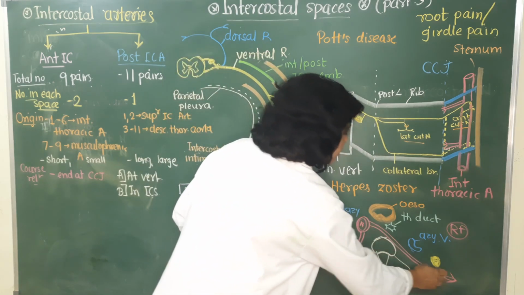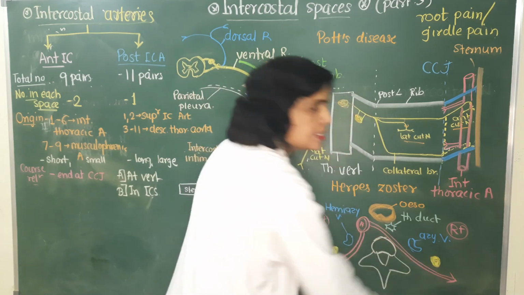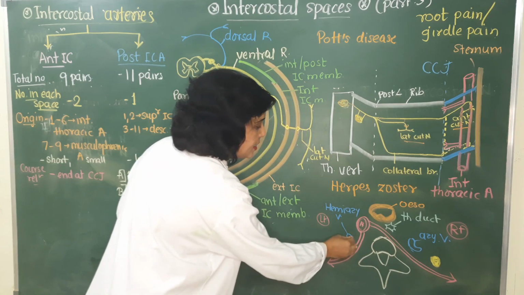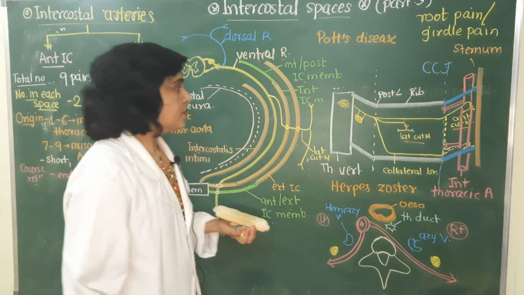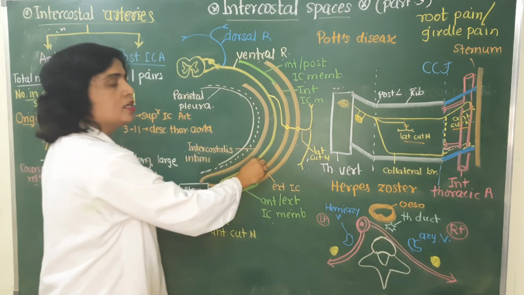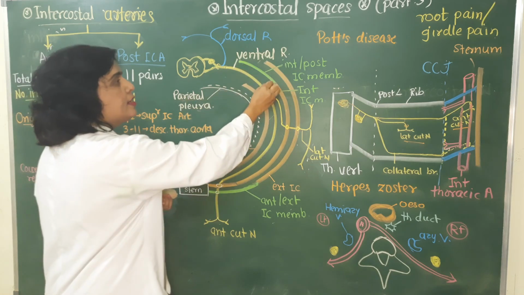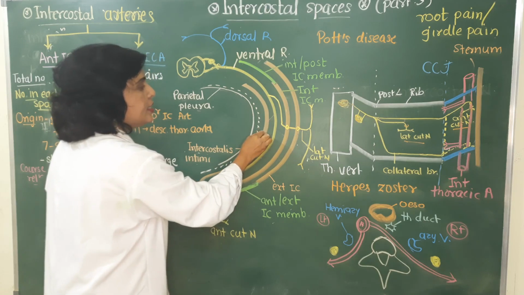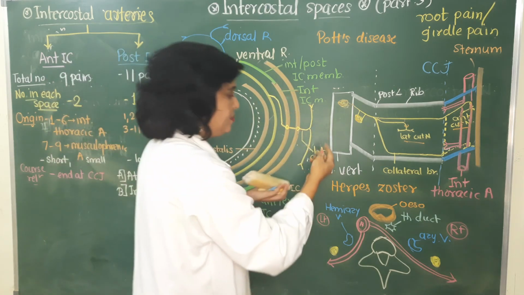Posterior intercostal arteries of the right side pass behind the esophagus, thoracic duct, azygous vein and right sympathetic chain, while the left posterior intercostal arteries pass behind the hemiazygous vein and left sympathetic chain, and then they enter the costal groove. Before they enter the costal groove, they lie between the parietal pleura and internal intercostal membrane, and in the groove they lie between the intercostalis intimus muscle and the internal intercostal muscle with the same relation.